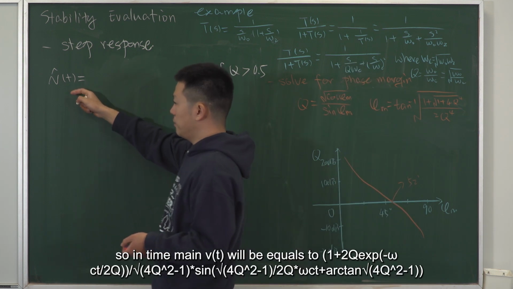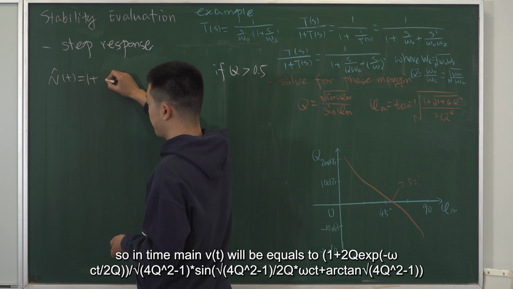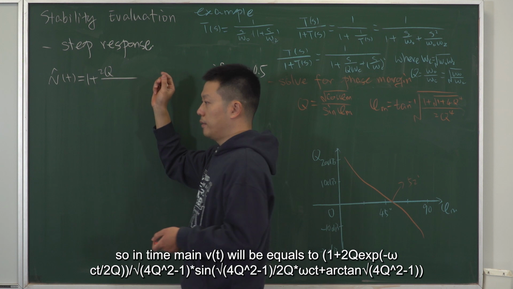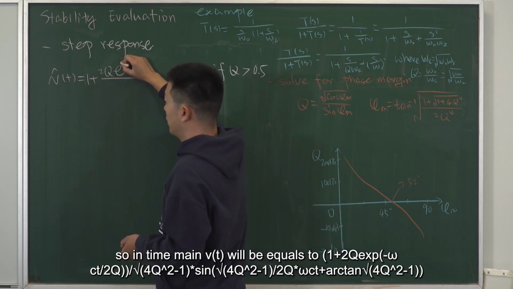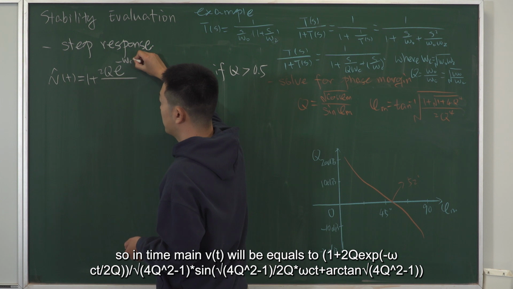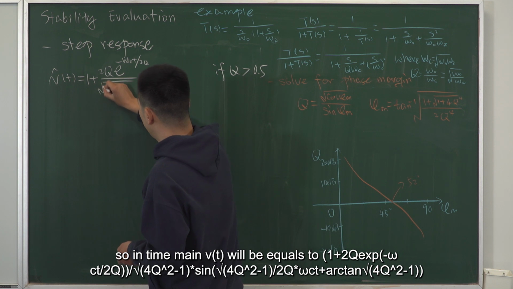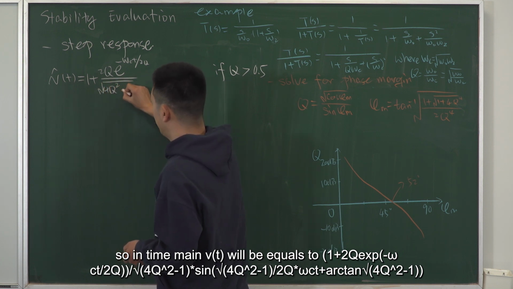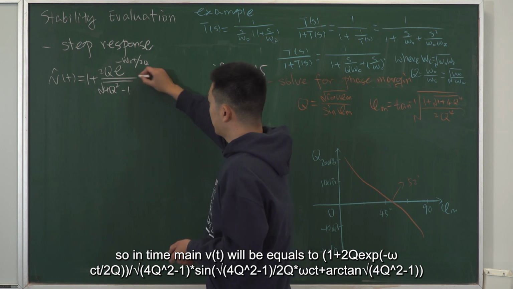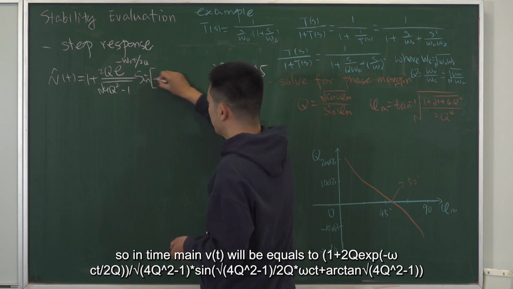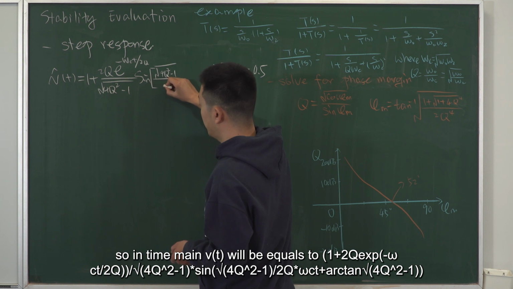So in time domain, V(t) will be equal to 1 plus the fraction of 2Q times exponential of minus omega c t over 2Q, divided by square root of 4Q squared minus 1, sinusoidal of square root 4Q squared minus 1 divided by 2Q, omega c t